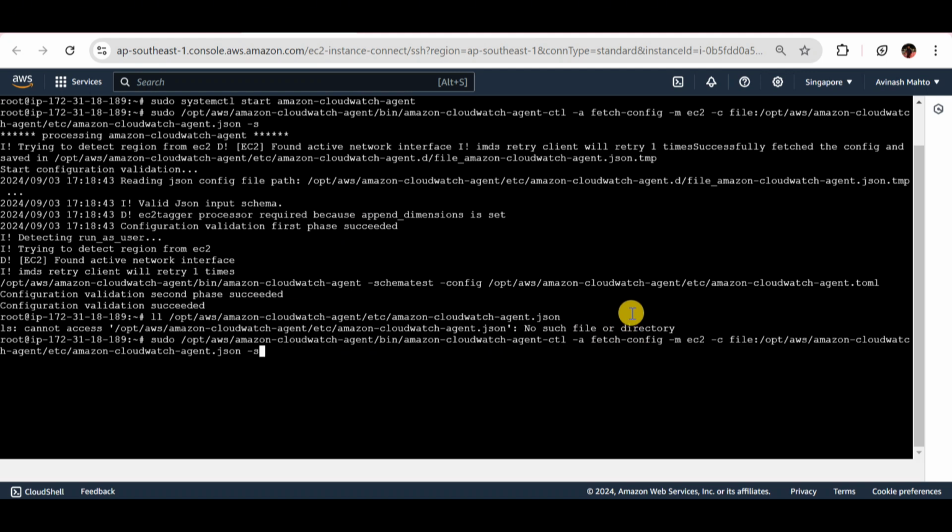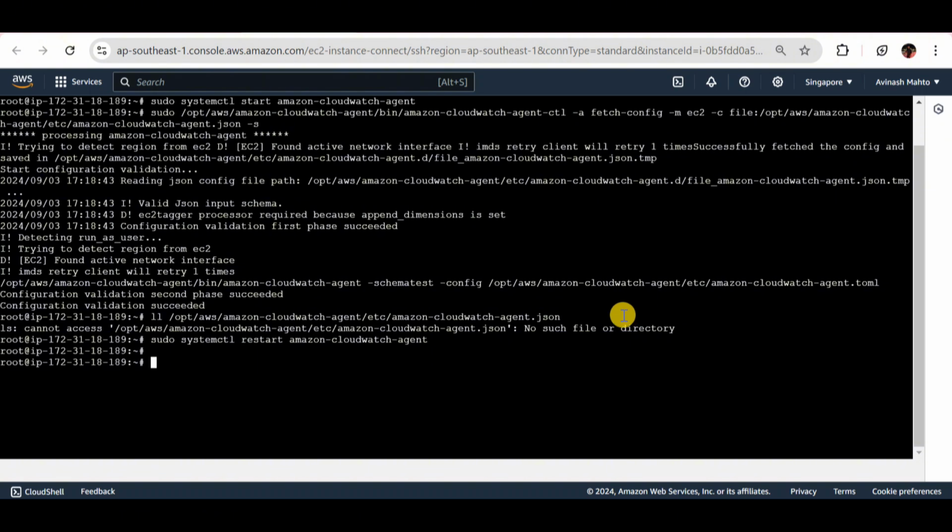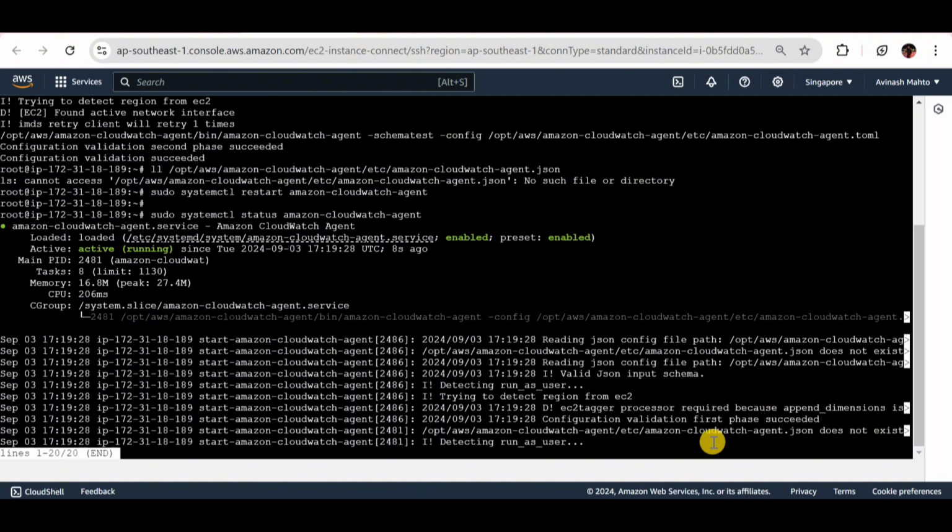Let's check the status of this one, and we can restart it again with the latest configurations. If we see the status right now, you can easily see that this file does not exist. But don't worry guys, this is not an error, because CloudWatch by default always takes the latest